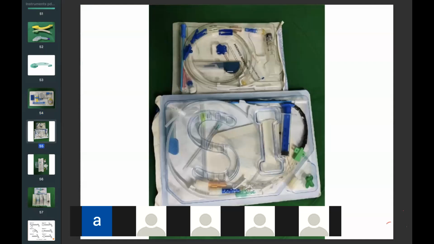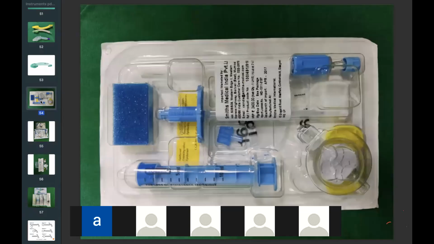Hanging drop method, yes. I want to ask, supposing you do not have this set and you want to give combined spinal epidural, how will you give? Can you give? Garima, please answer. Without this set, if we have to give combined spinal epidural. How will you give, ma'am? You have to give spinal and you have to give epidural. Now the question is whether you will give spinal first separately